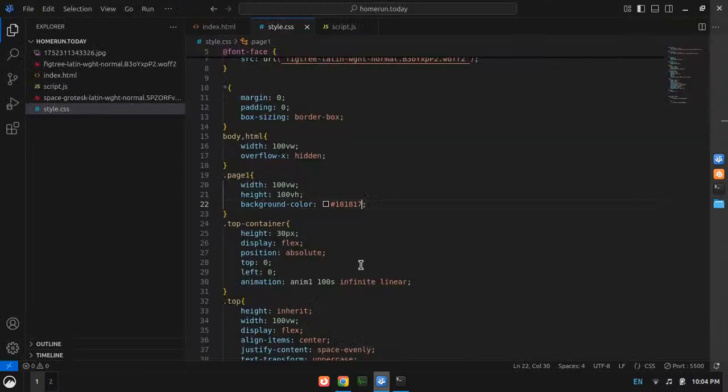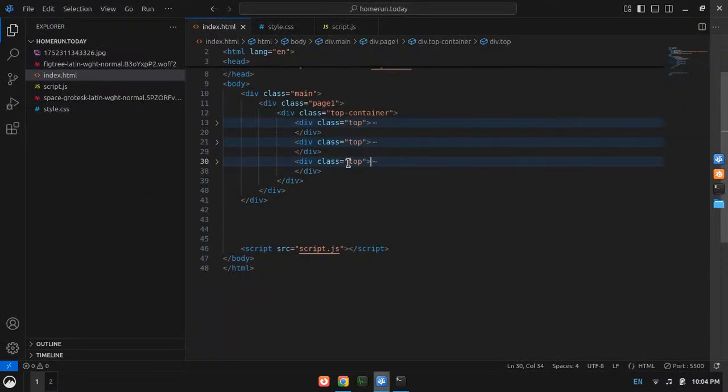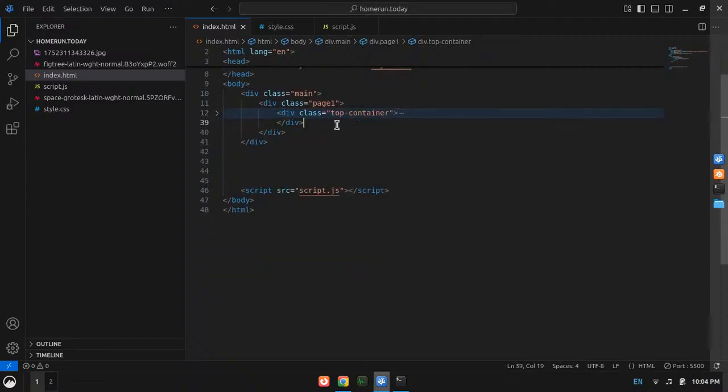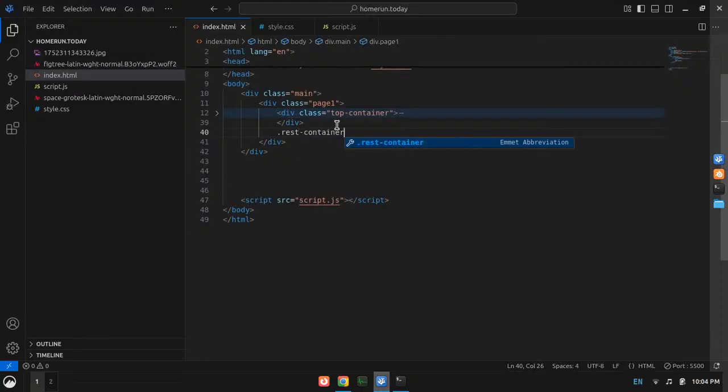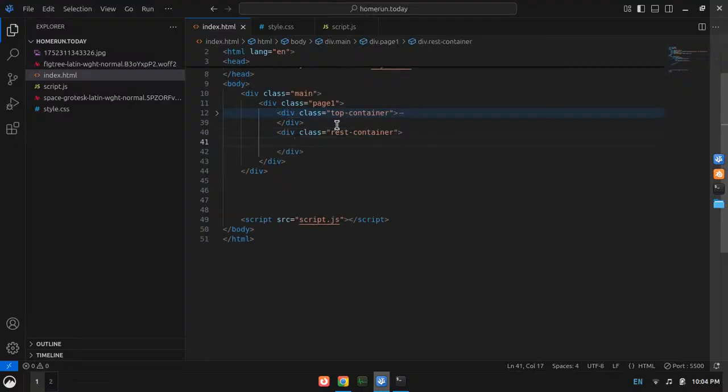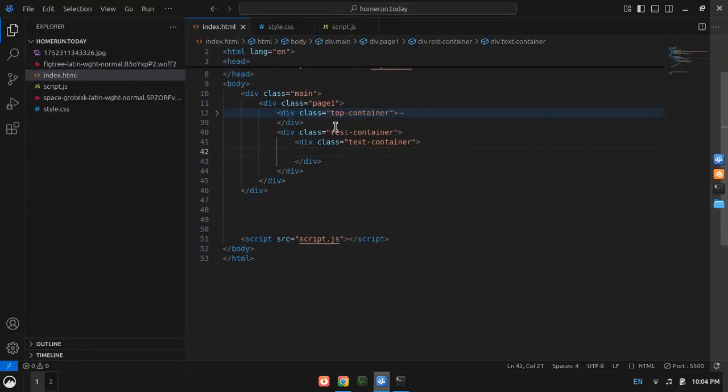Okay, so first of all I need a container for that kind of thing, and let's just close the top container, and here it will be the rest container because it contains the rest of the thing, and then there will be a text container, right? And inside the text container we are going to add our divs.